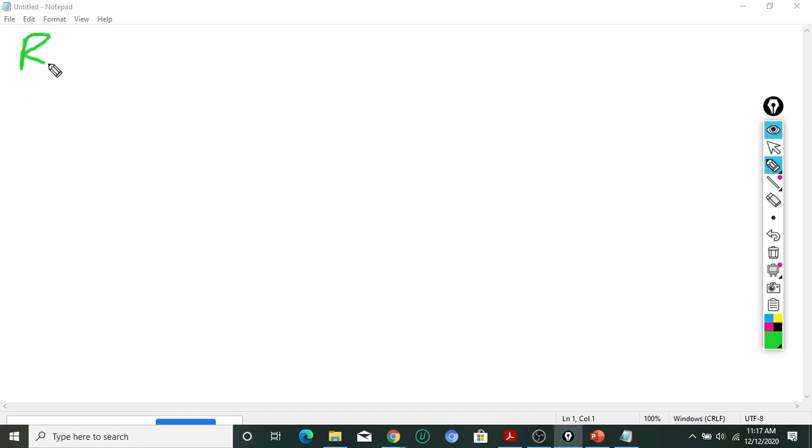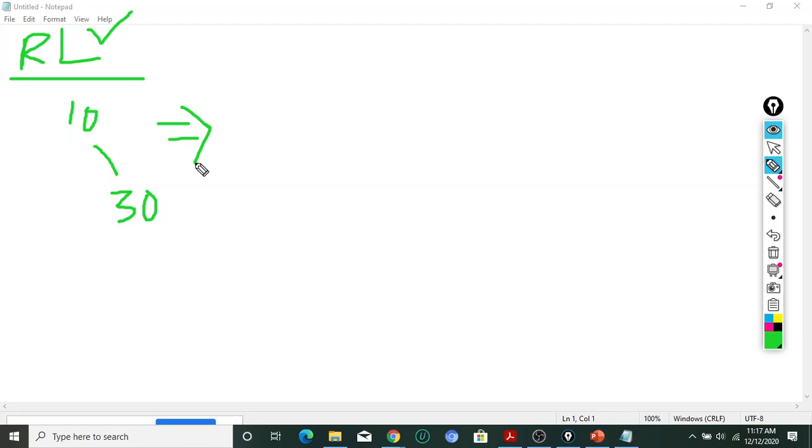Try to understand RL. I am going to insert the node in the left hand side of the right subtree, that is, the left subtree of the right subtree of root node A. What does it mean actually? Take this example: 10, then 30. If I want to add 20, can anybody say what the diagram will be?